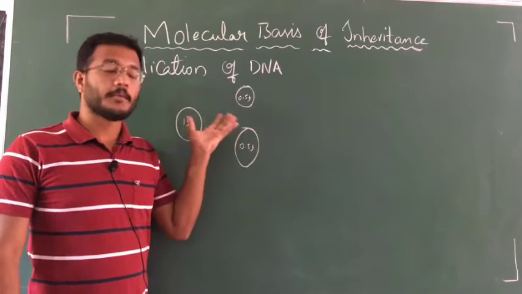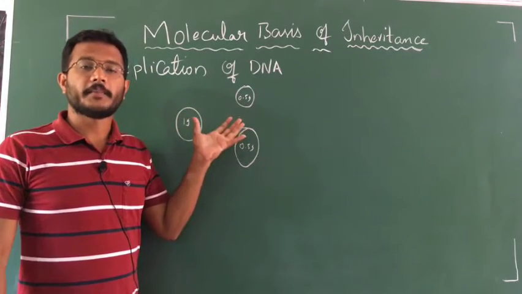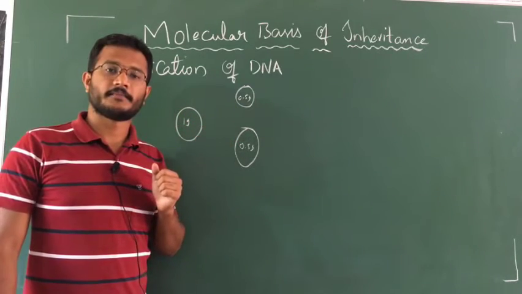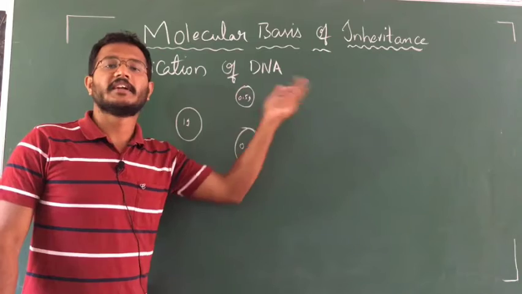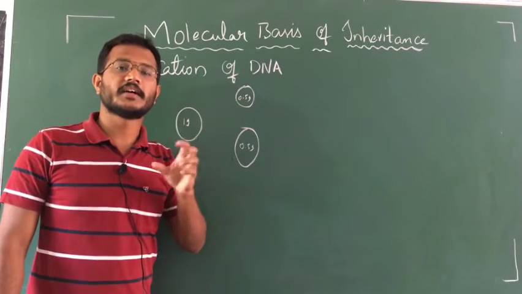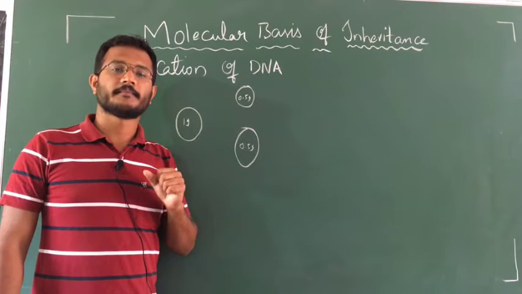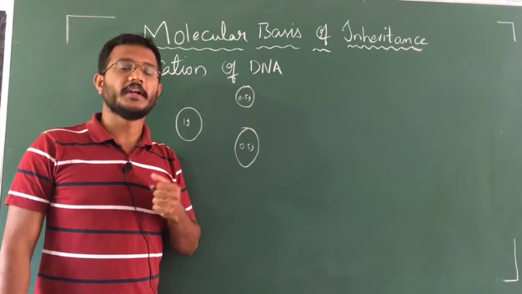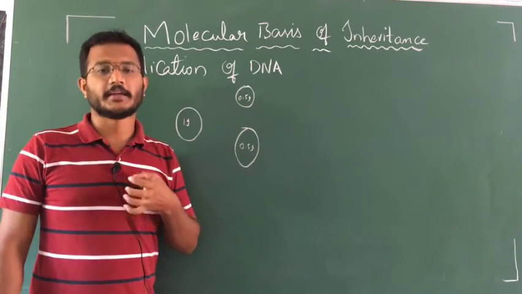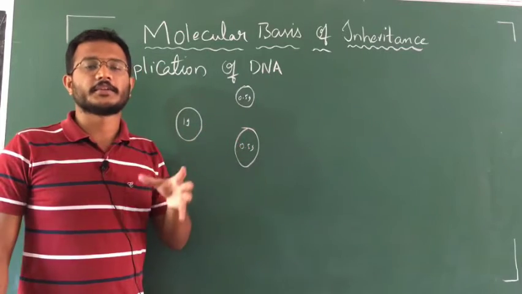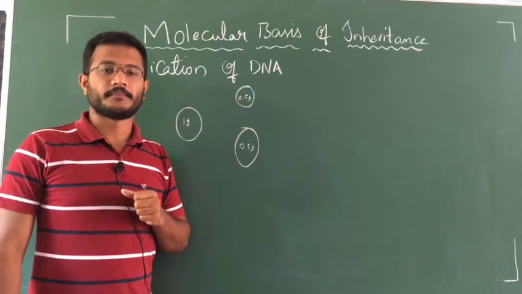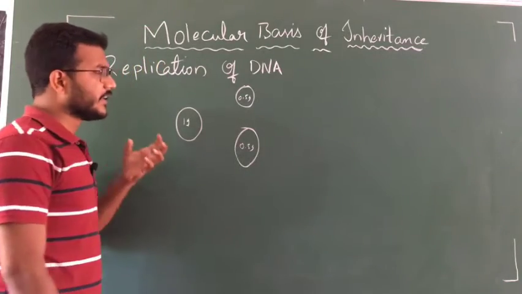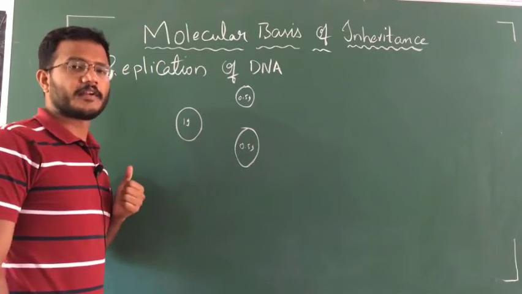That means the amount of DNA and the copy number is not the same from the mother cell to the daughter cells, and these two cells will develop new characters. That is not the basic feature of DNA. Why did nature choose DNA as a genetic material? Because it maintains stability from the parental generation to the offspring generation. So for that purpose, now what will happen? What is the use of replication? What is the need of replication?